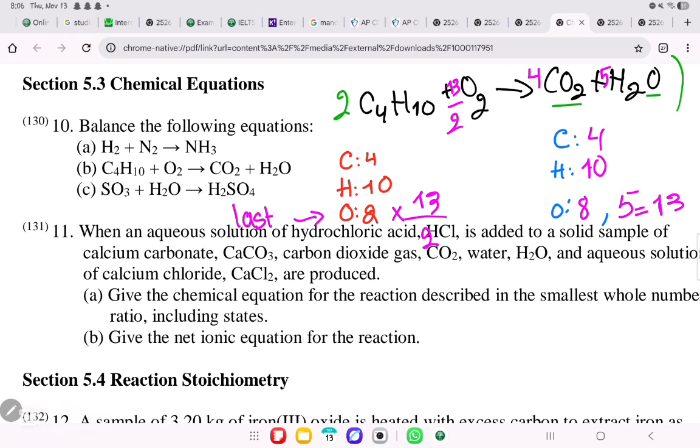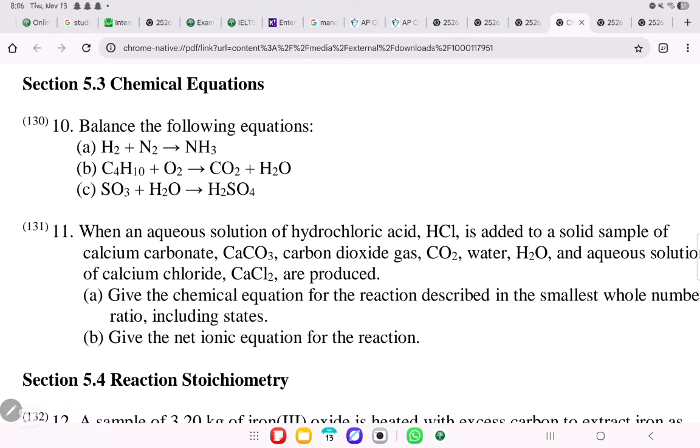Once I do that, I will get 2C4H10 plus 13O2 will give me 8CO2 plus 10H2O. Okay, now we'll move on to the next one, which is